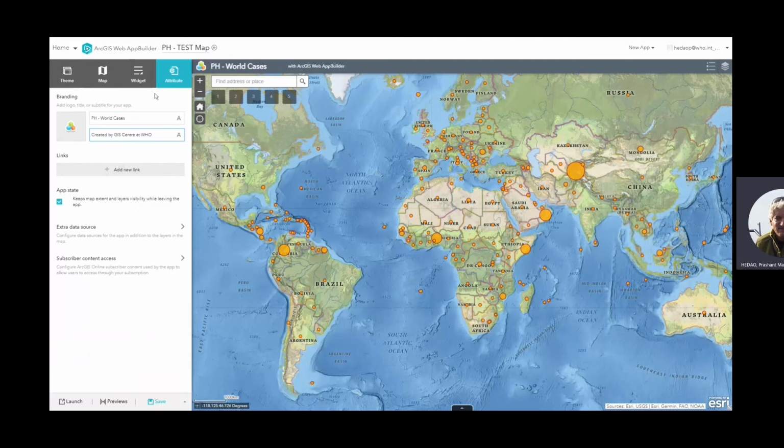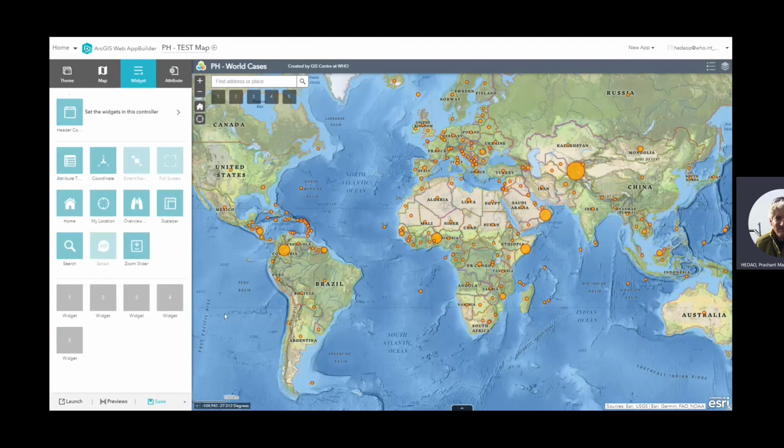So the widget thing is very interactive. You can add five widgets over here, and they are directly linked to this one. If I hold my cursor here, you can see the number one widget as red, and the second one, and third one, fourth one, fifth one. Or I can add widgets on this control bar on top also.